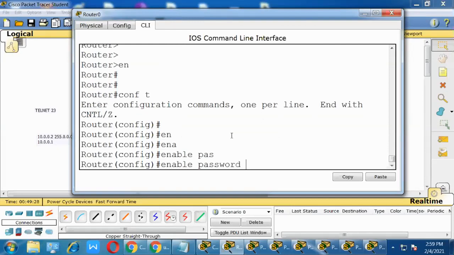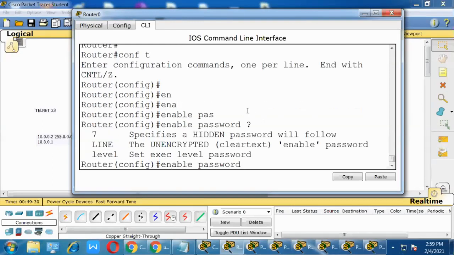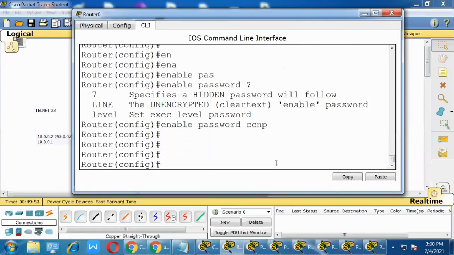So you can assign the password. Here you have the levels, we will discuss later when you assign the password. Here I'm going to assign the password CCNP as the enable password.